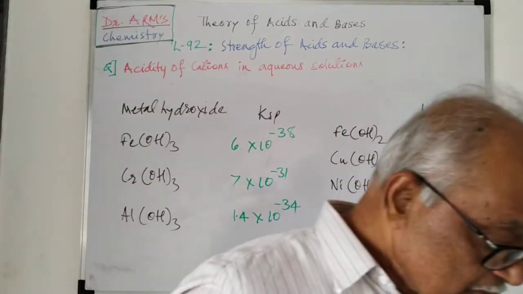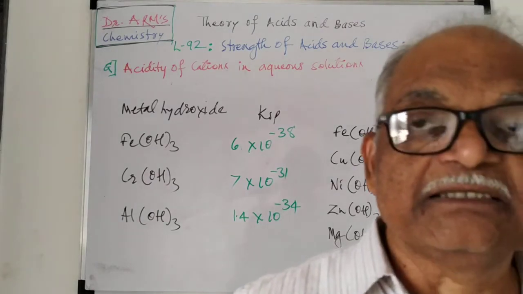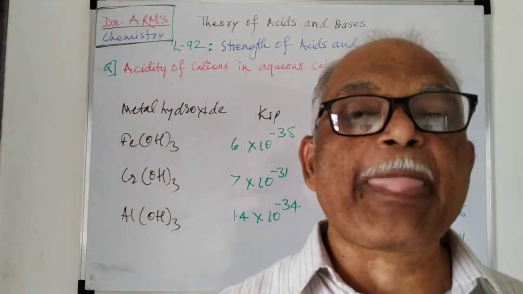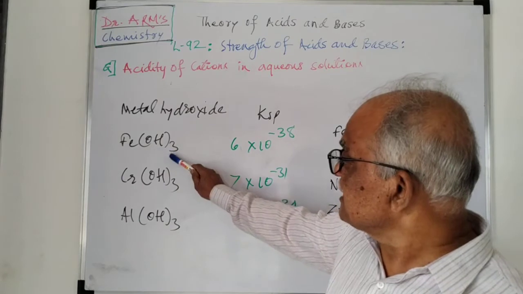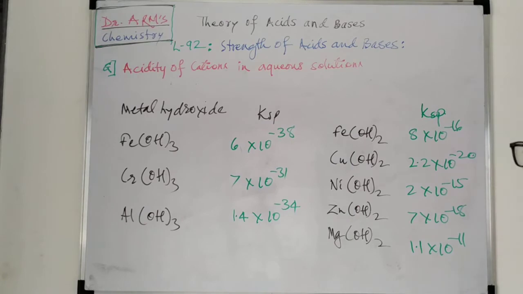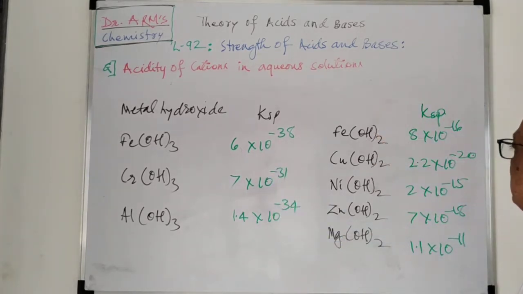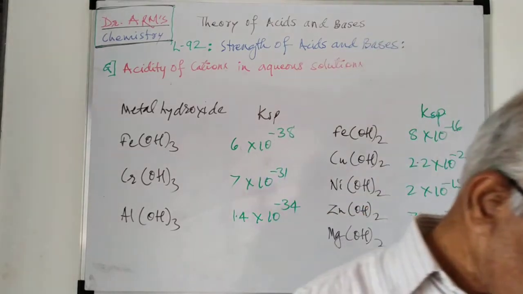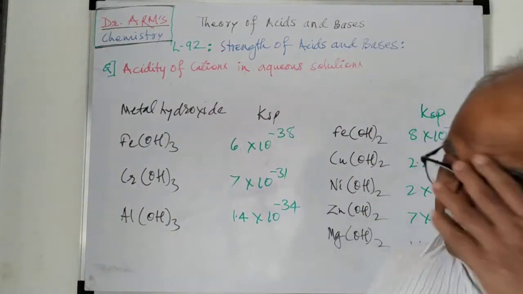So these are the solubility products which explain the possibility of the formation of their hydroxides. These values show that these hydroxides are very easily formed compared to those hydroxides, because their Ksp values are very low, and those have higher values of solubility products. Then if we see the highly charged metal cations,